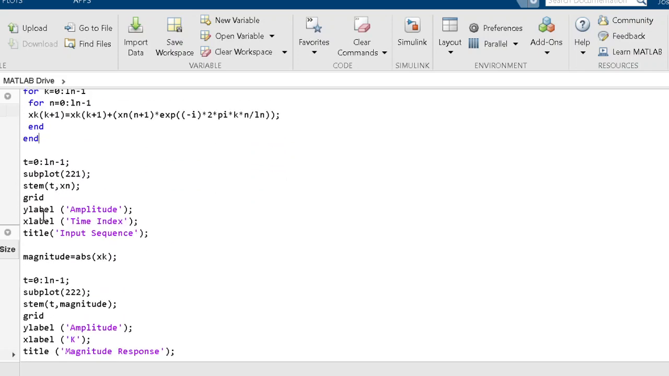The next block of code would be for plotting the input sequence. Subplot with the value of 2 to 1, and then the features of the graph would be t and the xn. The y-axis would have the label of amplitude, and time index would be the label for the x-axis, and input sequence would be the